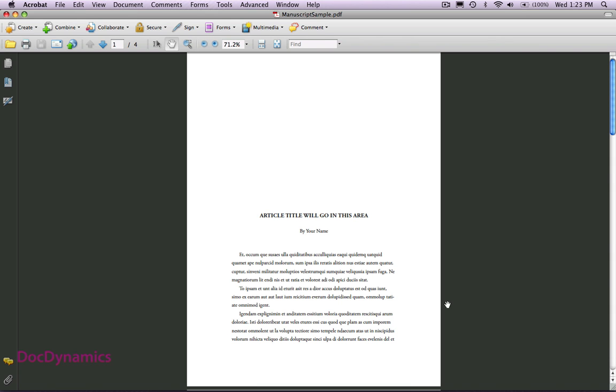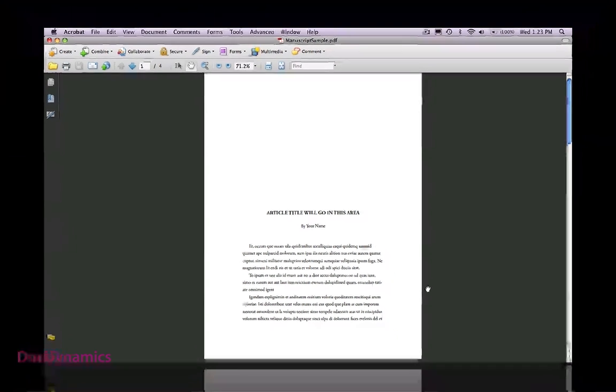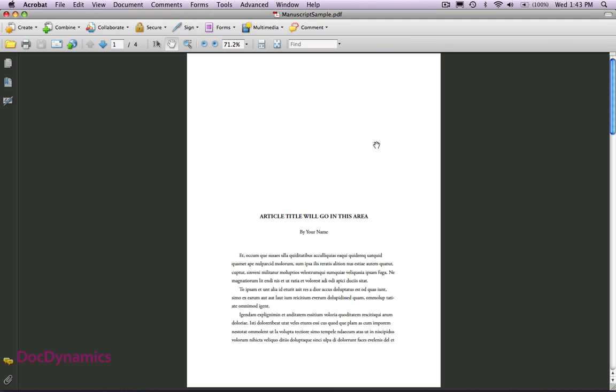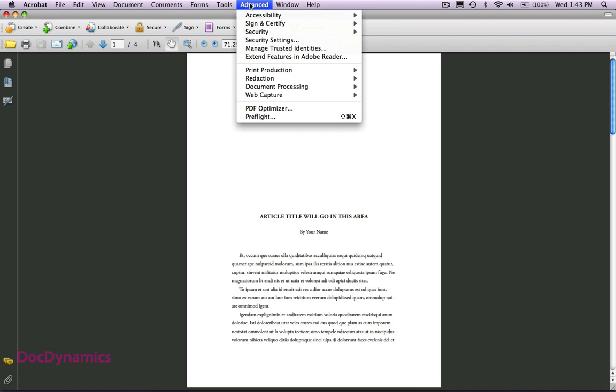Now let's take a look at some of those edit settings. We want to give markup privileges to someone that only has Acrobat Reader. We have the document open here in Acrobat Pro. If we go to the Advanced menu, we'll see a selection Extend Features in Acrobat Reader. If we click on that,